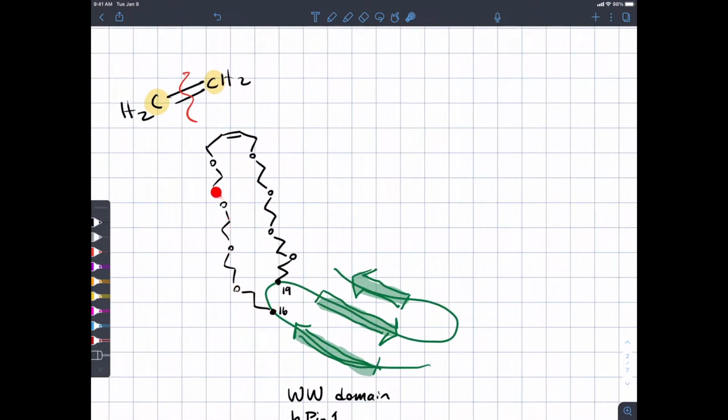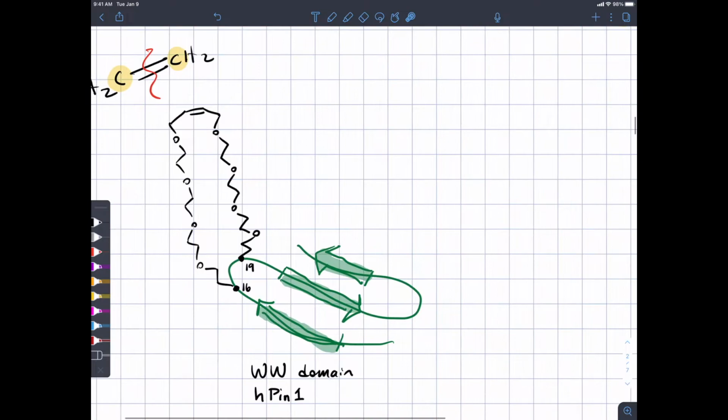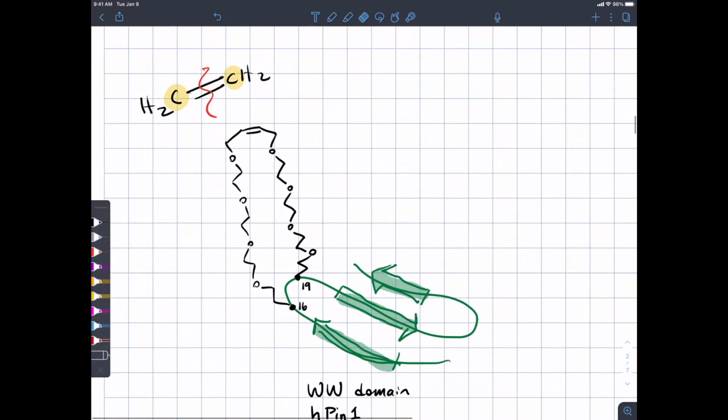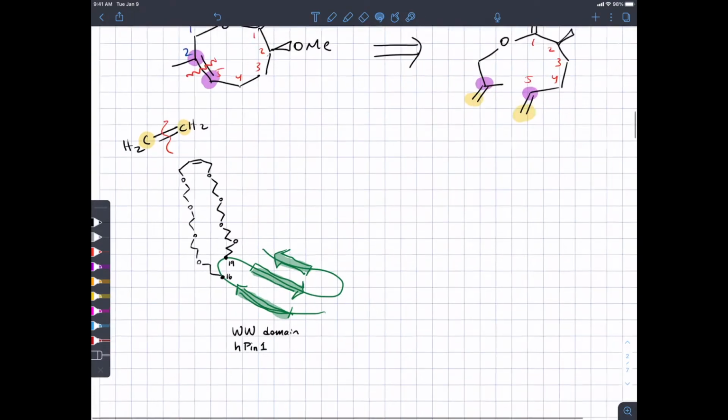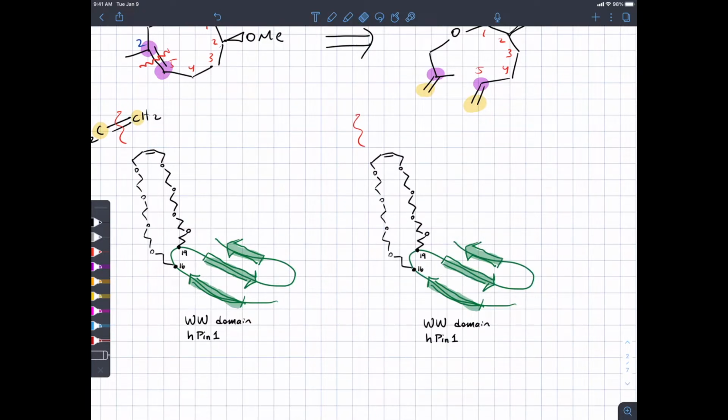We put these long PEG chains. These are alternating 2 carbons and oxygens, polyethylene glycol. But anyway, we had this sort of neutral but fairly polar linker, and then the stapling position. And we did that staple via metathesis. And we asked, what is the stability of the protein if you measure how stable the protein is with the crosslink versus without the crosslink? What's the difference, and is it